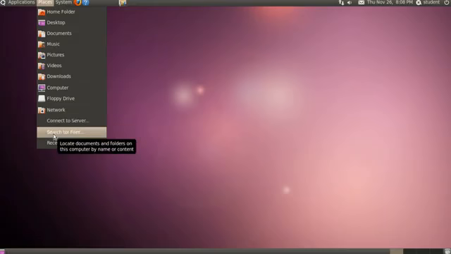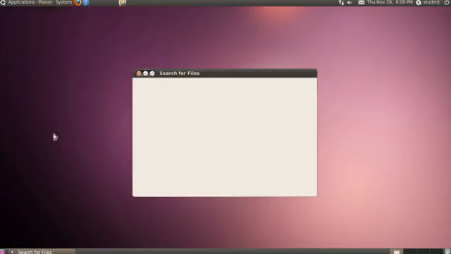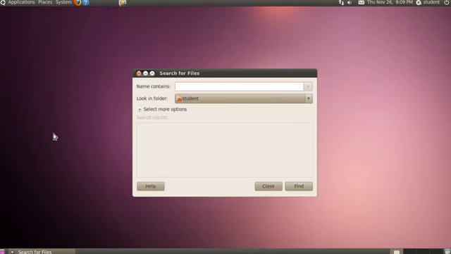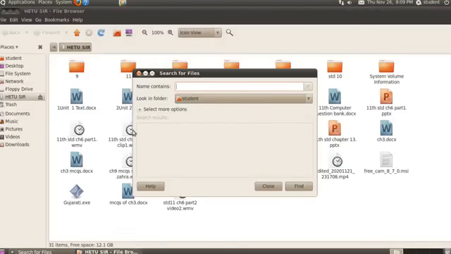Then comes Search for Files. This option can be used to search for a file by its name. When the user forgets in which directory or in which folder he has saved the file, he can use this option. Then comes